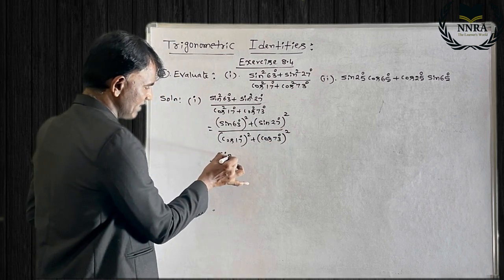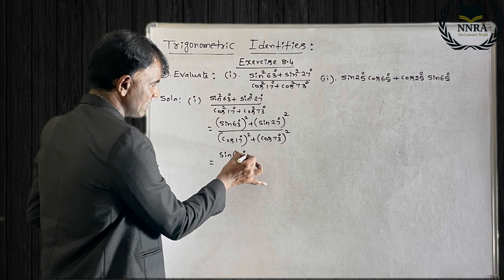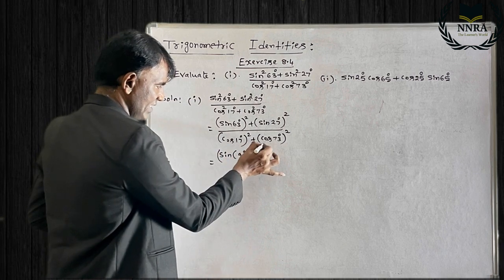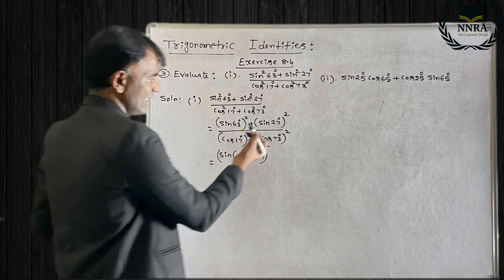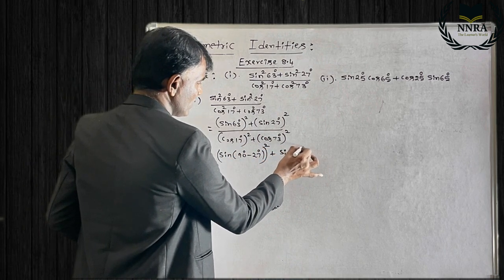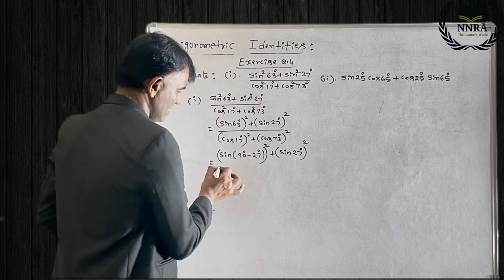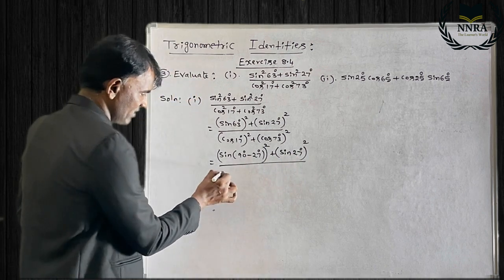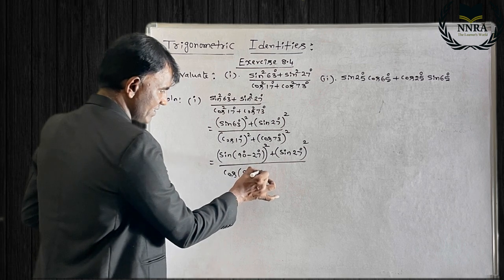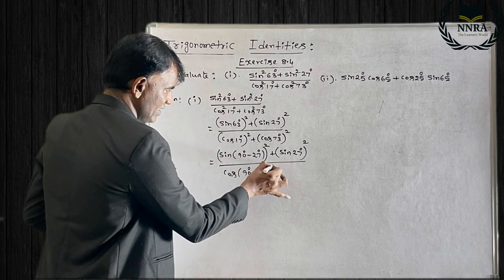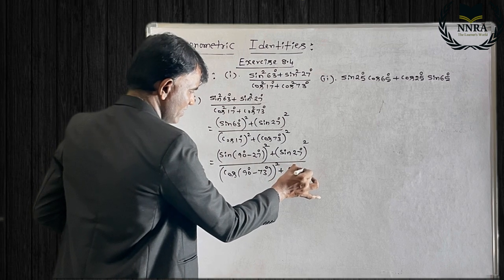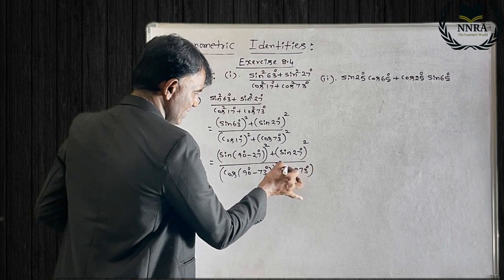And sin of 90 degrees minus 27 degrees is 63, right? And it is the same: sin 27 degrees whole square. Coming to the denominator, cos of 90 degrees minus 73 degrees, then whole power 2 plus cos 73 degrees again whole